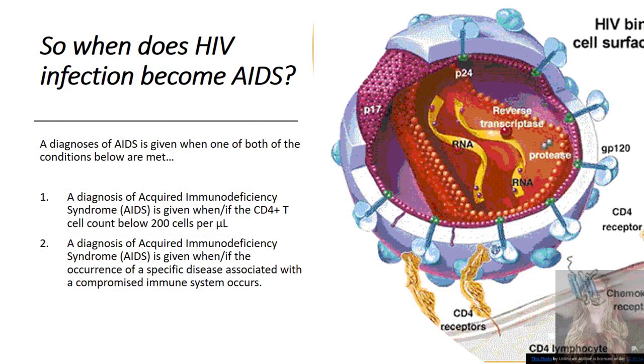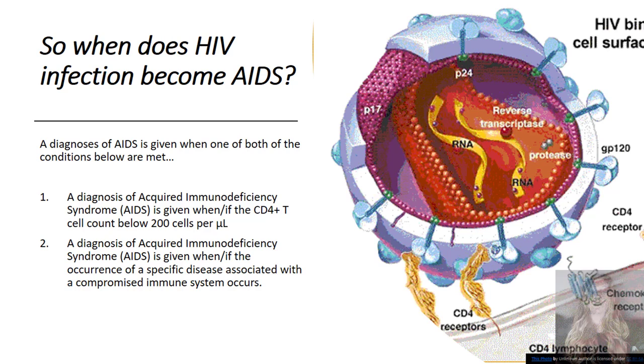So when is the tipping point? When does an HIV infection become considered AIDS? The diagnosis of AIDS is given when either one or both of these conditions are met. A diagnosis of AIDS is given when the CD4 T cell count is below 200 cells per microliter,